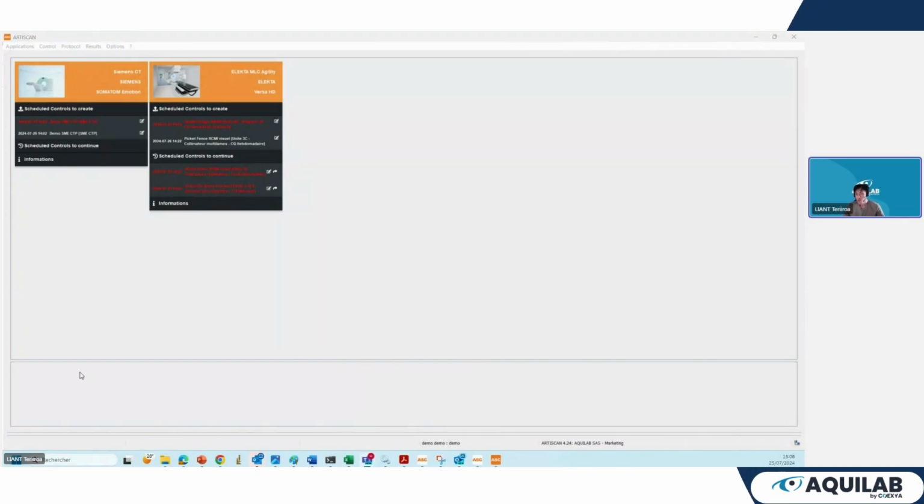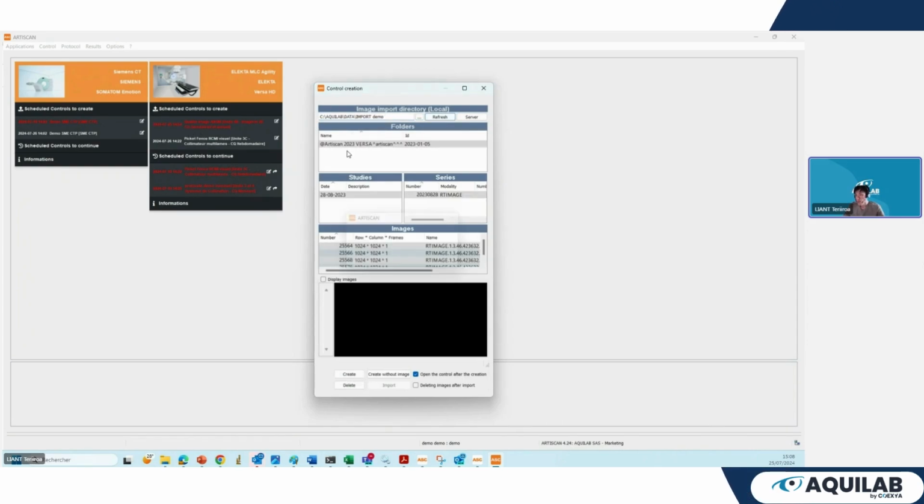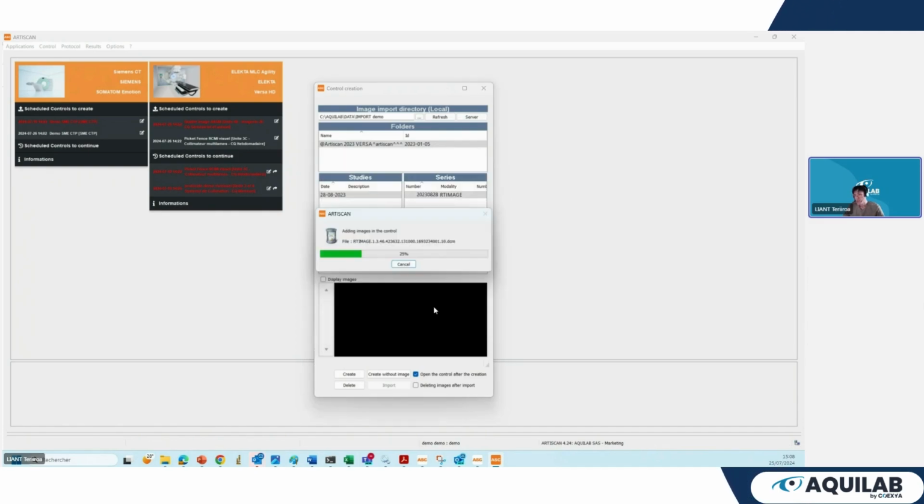And so now I will show you what ARTISCAN looks like in clinical routine. After logging in to the software, I have my dashboard where I can see all the tasks I need to do or what controls are coming. I just need to click on a button that will create a control from the QA test I previously chose, and then it will automatically scan the ARTISCAN server where all the images that I have pushed from the CT, from the LINAC, from the TPS are, and will create my QA control from selecting my patient. It will automatically recognize the device, and then I just click on validate.